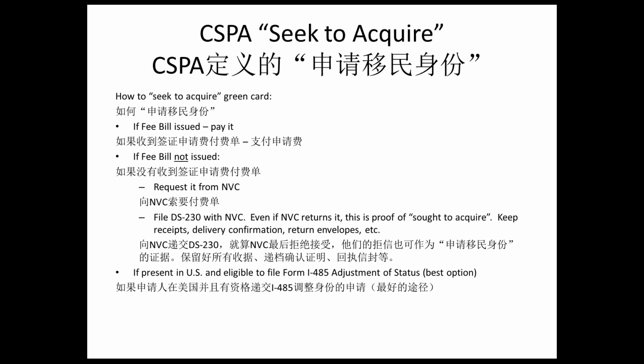So basically, every case that's being approved now is being issued a fee bill. 所有被批准的申请人都会收到一个签证申请费的付费单。It may take 1 or 2 months to issue it, and they may leave the wife and children or spouse and children off, but they will issue it. 通常是在申请批准之后1到2个月之内会发出这个付费单。但是他们有时候会发生一些错误，就是可能会把附属申请人的通知单给漏掉。Once they issue that fee bill, you must pay it as soon as possible. 一旦他们发出了这个付费单，你需要尽快的支付签证费。